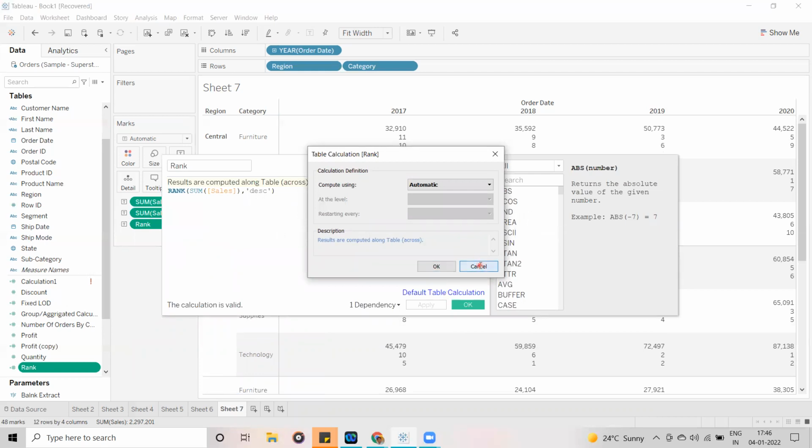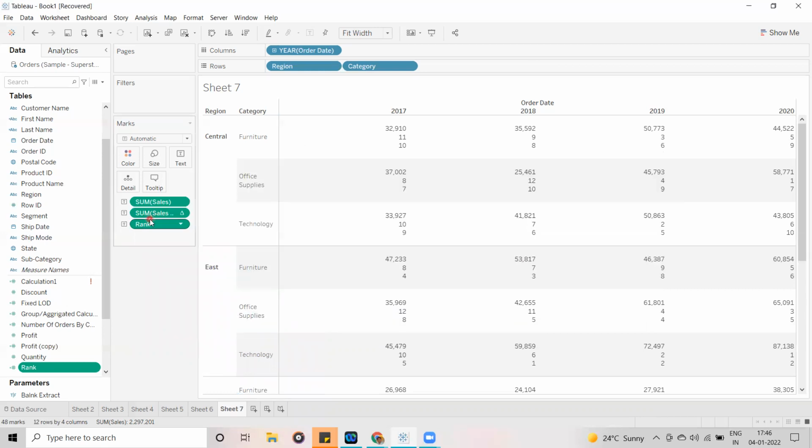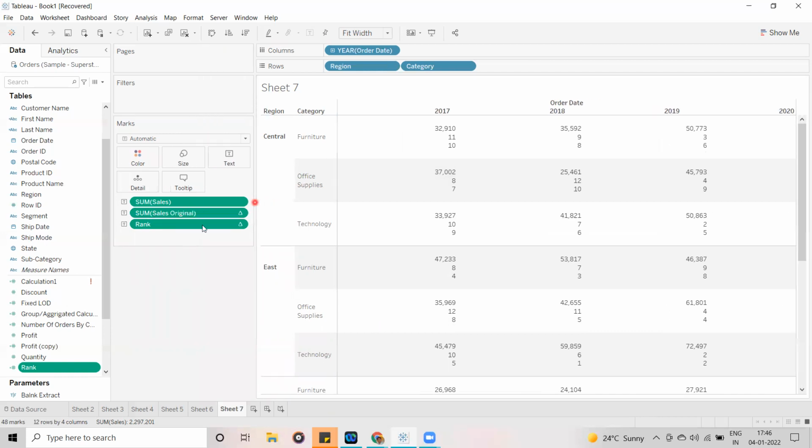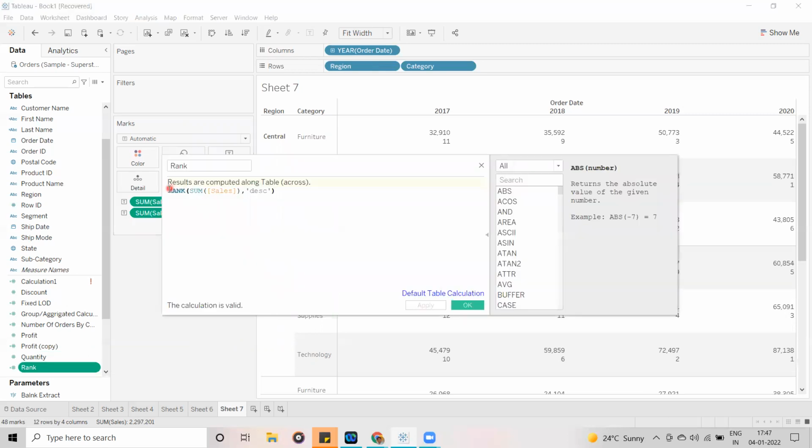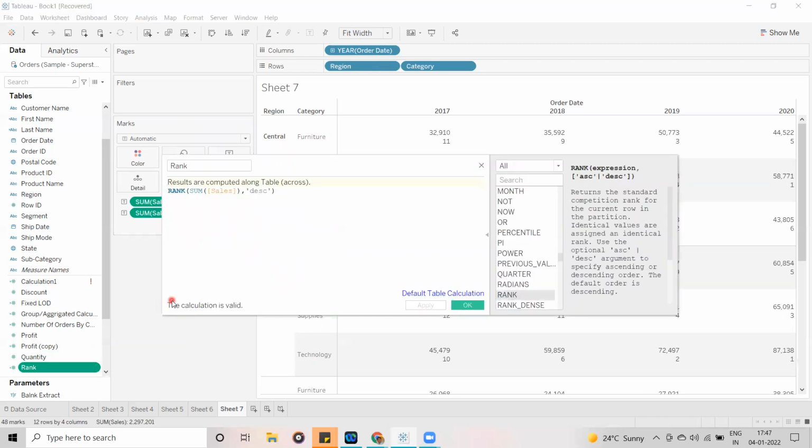And one more thing here. Now I want to remove this last one, it's not required now. Now I want to see how the calculation is performed behind this. I am going to double click on this. Once I double click, you can see I got one calculation. Now Control A, Control C, I have copied this one. Now let's edit this rank calculation. I am going to comment out whatever is available and paste this new calculation here.